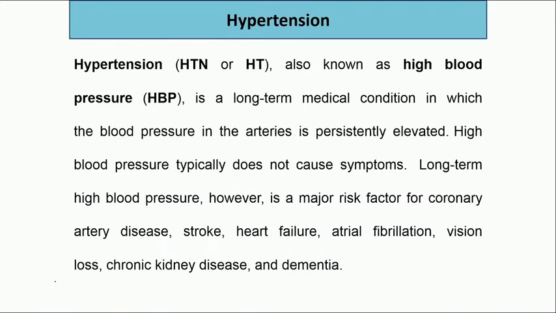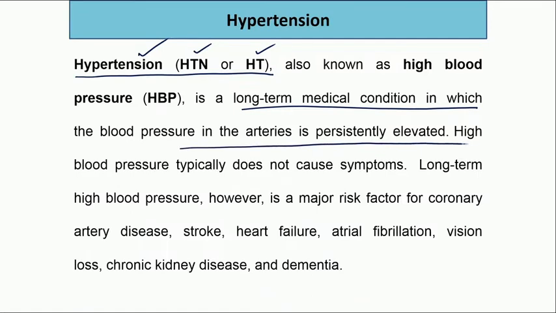Before that, just what is hypertension, how this blood pressure is commonly known, that some people say that I am suffering from hypertension. Hypertension means high pressure, hyper means high. So, high tension means higher blood pressure. This is also abbreviated as HTN, and is also known as high blood pressure, HBP. It is a long term medical condition in which the blood pressure in the arteries is persistently elevated. High blood pressure typically does not cause symptoms,